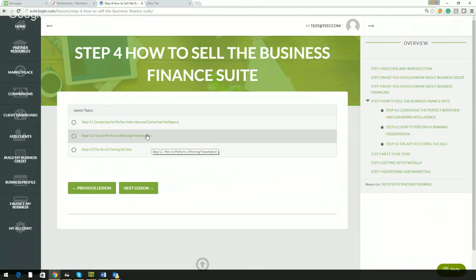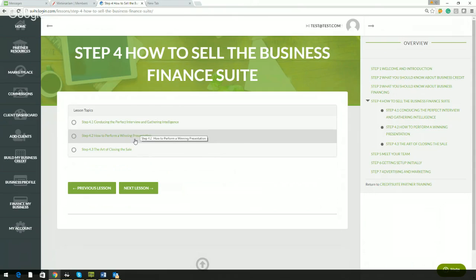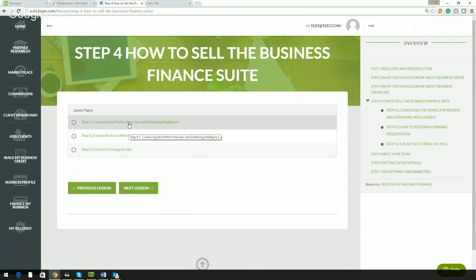So this will actually walk through how to gather intelligence, how to do a proper interview. Today, we're going to talk about how you do a winning presentation, but there's also a shorter script version you can use here as well. And then you can also finish up in step 4.3, which teaches you everything you need to know about closing. In step 4,